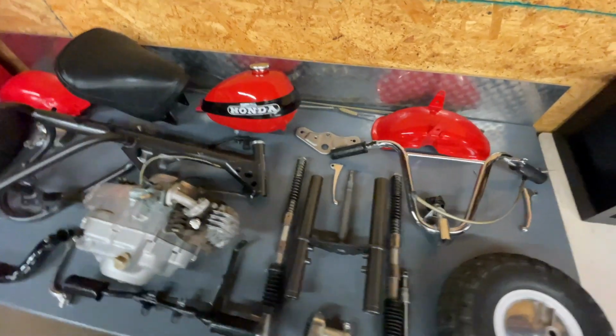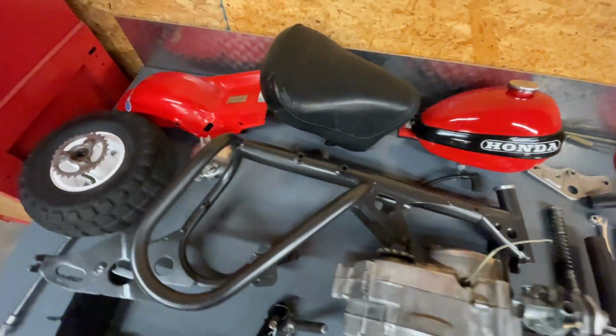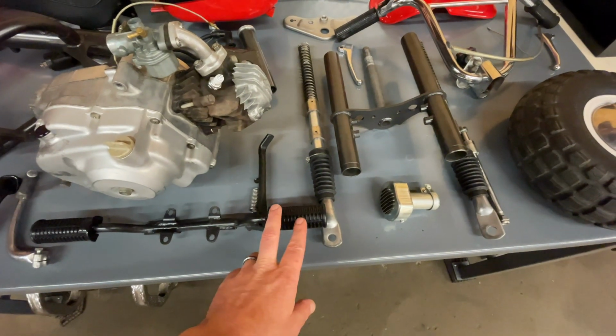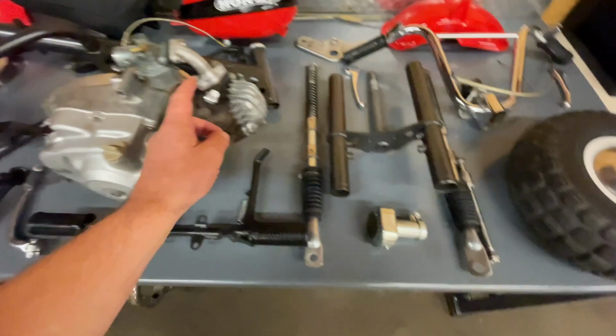Here is everything it takes to put together a 1970 Honda QA50. Had to replace the foot grips. Got this from Honda. The boots are replaced, spark plug,